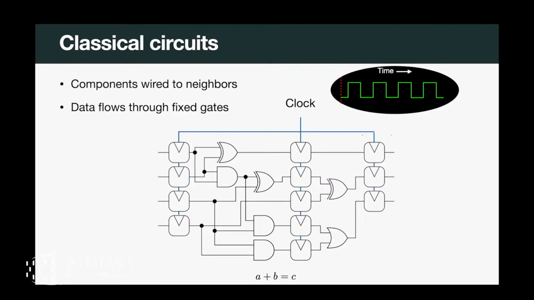In particular, we might have some configuration of gates, which is what everybody is already familiar with. In addition, we have these extra circuit components, which the digital logic people call registers. These registers receive a global signal called a clock. The clock just oscillates between 1 and 0: it goes high, low, and so on.